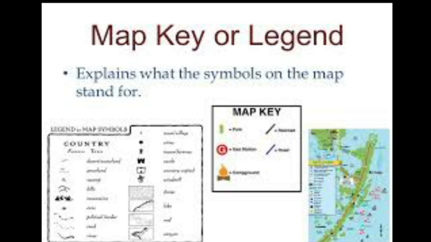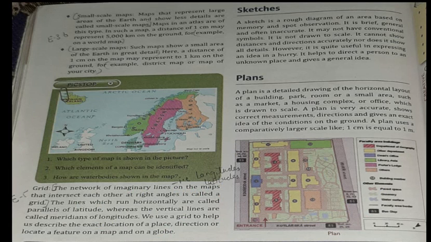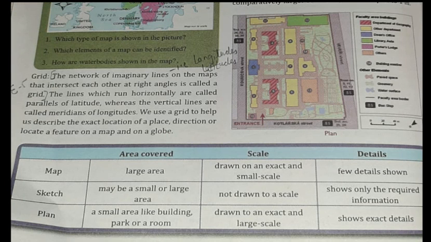Next comes legend or key. There is not enough space on the map to show the actual things, so different symbols, letters and colors are used to represent the information. Cartographers call these conventional symbols. Next is scale. The scale of a map is expressed as a ratio of the distance on a map between 2 points and the actual distance between the same 2 places on the ground.